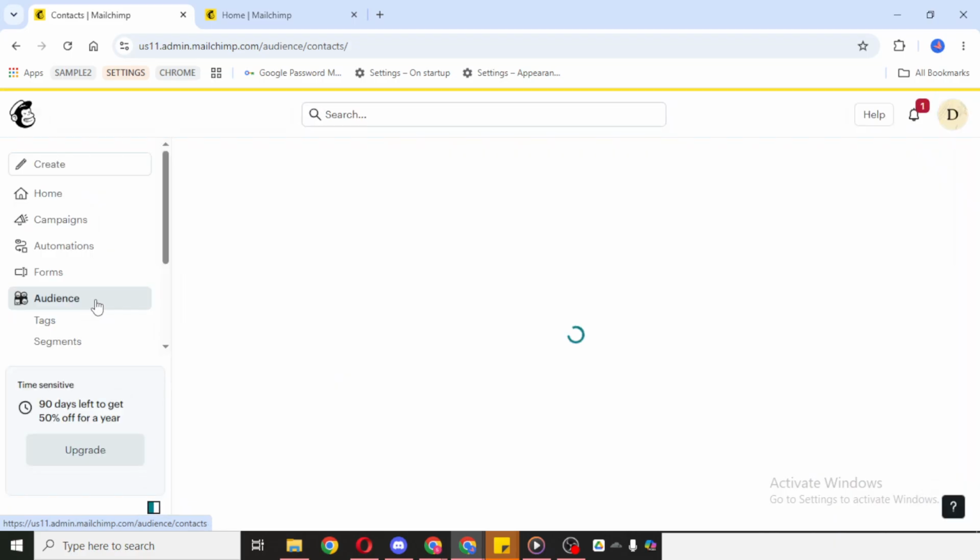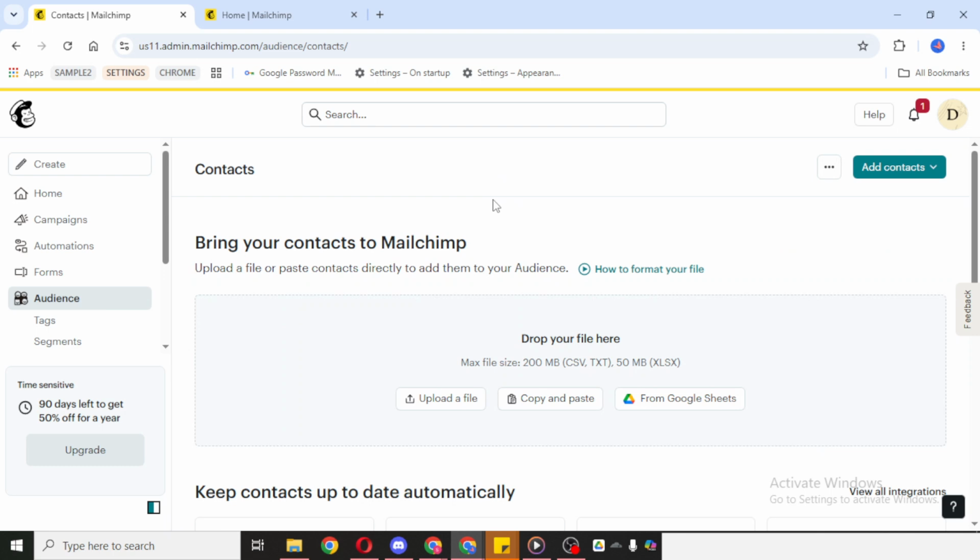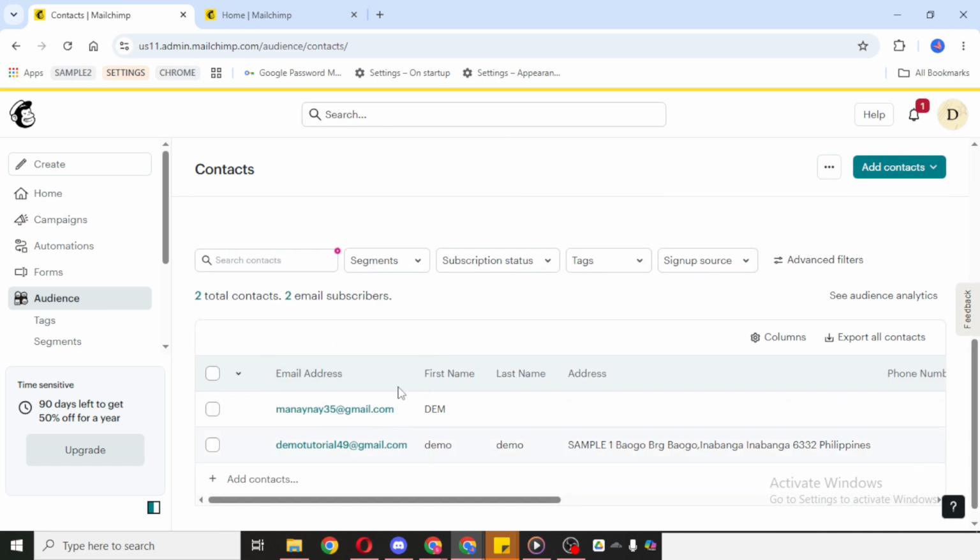This will take you to the area where your contacts are stored, and this is where you'll be able to organize them more efficiently. After the Audience page loads, scroll down until you can clearly see your list of contacts. Take a moment here to make sure you're in the correct audience, especially if your account contains more than one. Keeping your contacts organized inside the right audience is important because tags are meant to help you group people based on things like interests, behavior, or the type of communication they should receive.